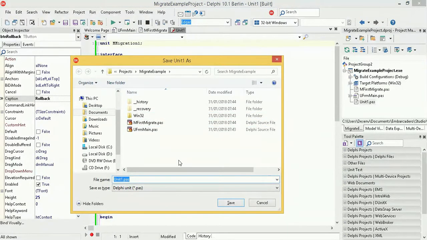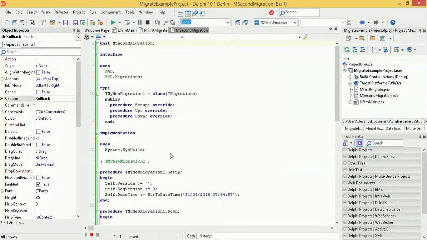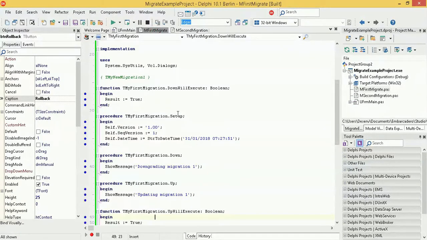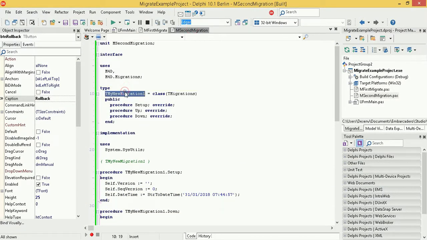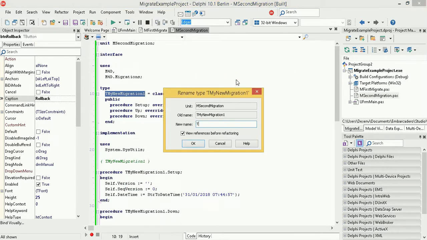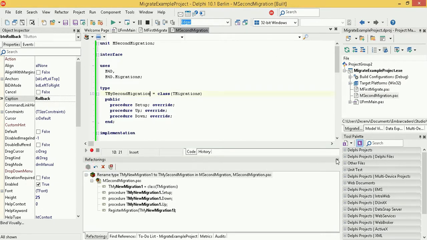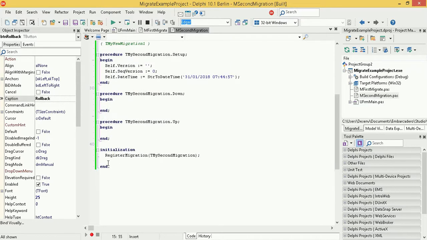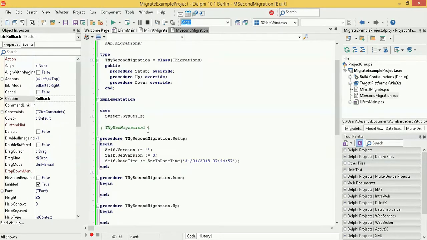I will save as second migration. Here I have my first migration, and here I will have my second migration. Here the second migration will be registered. So I will put here